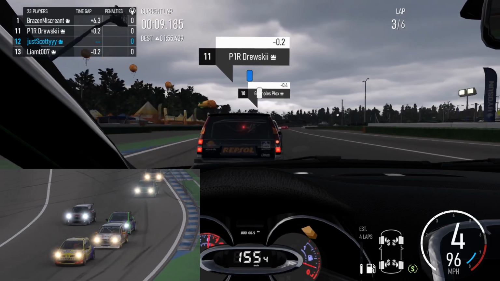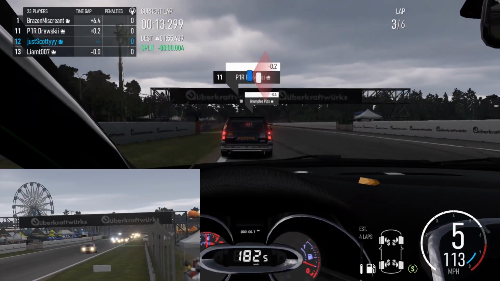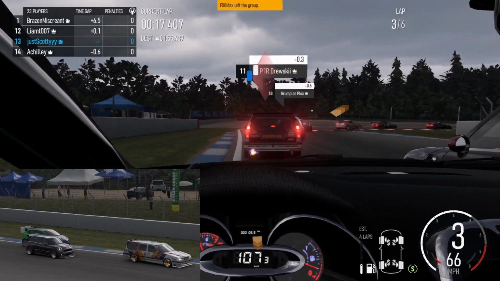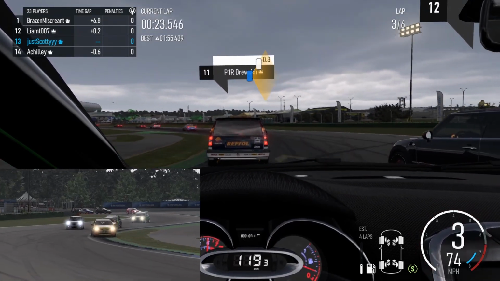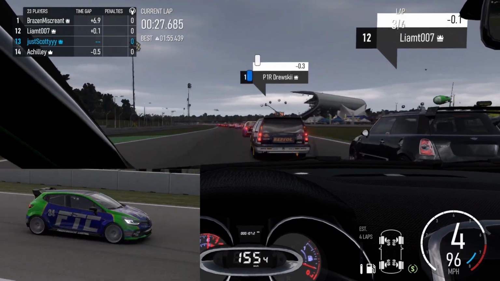If anything, it's compromised our run through turn 1 as Liam has a good run here. We'll pull to the inside. Unfortunately, we'll just be caught behind the Volvo here, braking for turn 2, but we're going to try and hold it around the outside anyway. Little touch between the Volvo and Liam's Mini. We still got a slight bit of overlap through turn 3